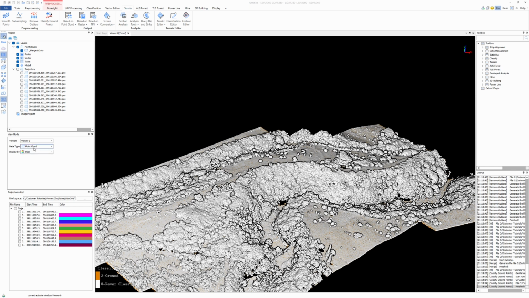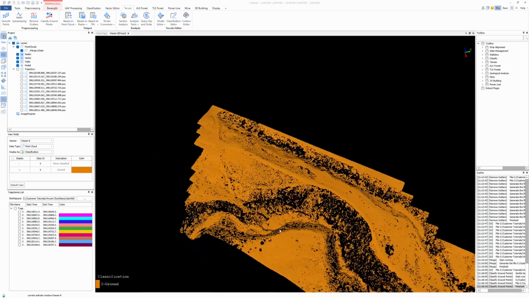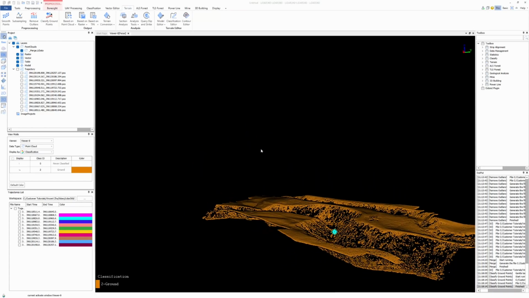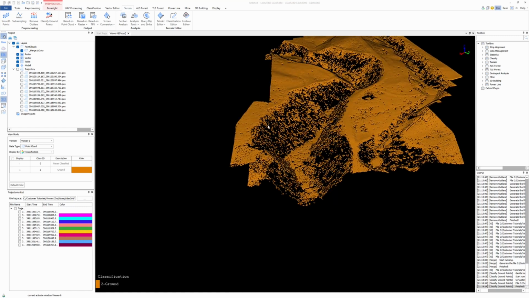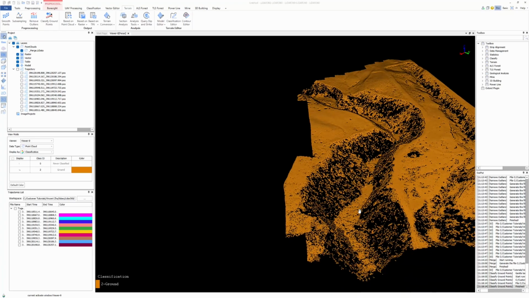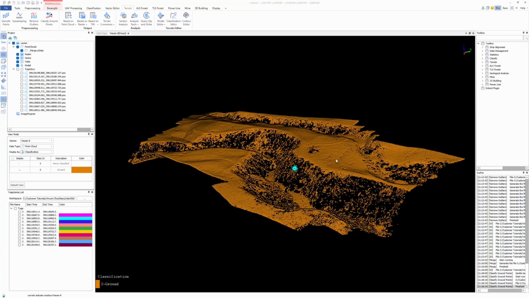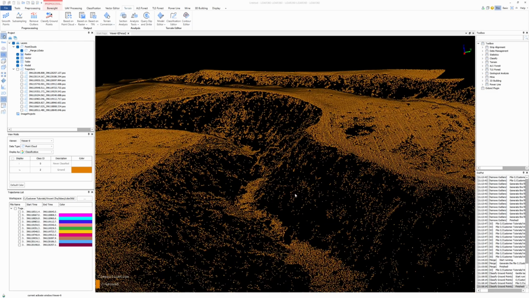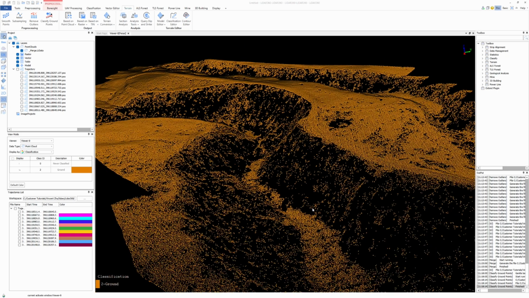All right, now let's take a look. Let's go back from RGB to classification. I only want to see ground. So there we go. There's all of our ground points. So it actually did pretty good hitting ground on this bank. Now, there may be some vegetation in there if it's rock. I did not do this, so I just don't know what the terrain is up and down through here. But